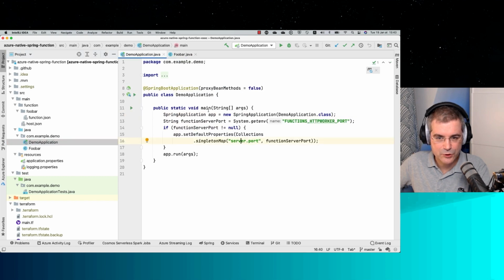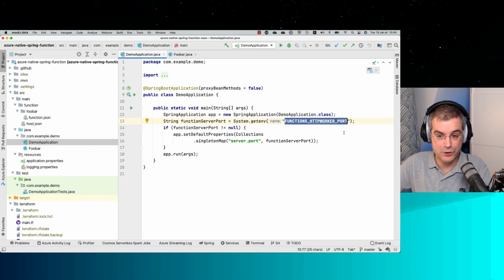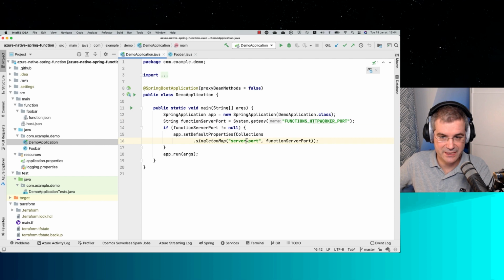And as you can see here, I'm also doing some specific configuration. That is because of the way Azure Functions works. Azure Functions here does not know anything about my app. It doesn't know it's a Java application. It just knows that it's a native binary that is being run. And so I get less configuration and help from Azure Functions. So I need to do more tricks. Here typically I need to know the port of my application. Spring is running by default with a specific port, and here we need a port that is pushed by Azure Functions. So I'm just taking the port from an environment variable, and I'm fixing it inside Spring.